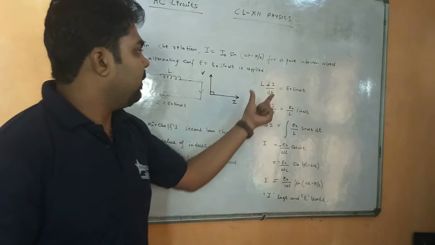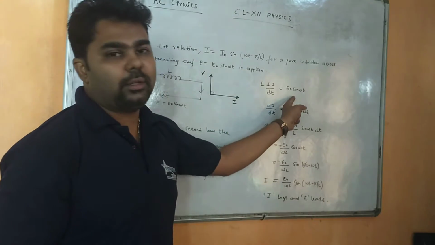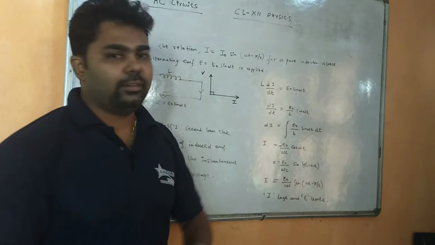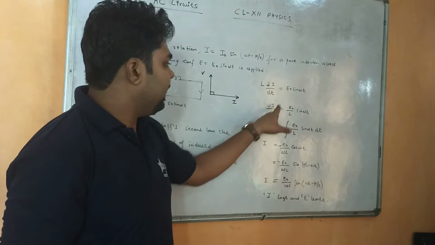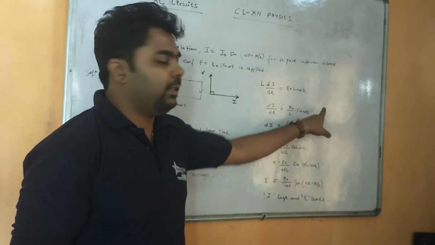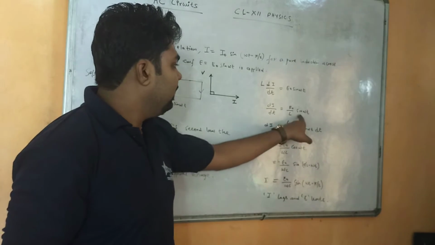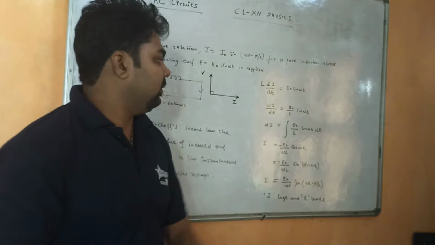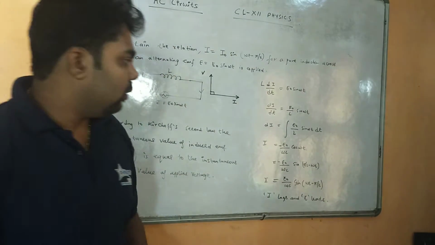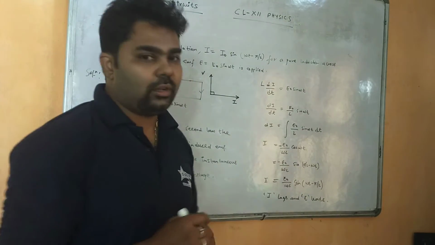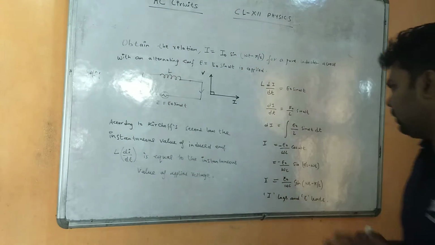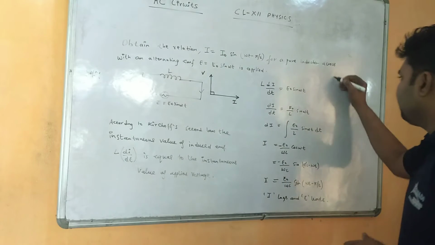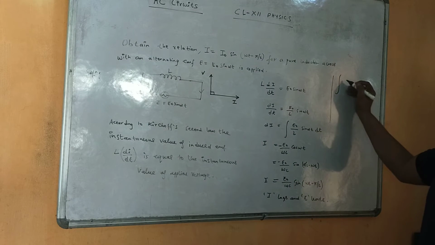Now if you cross multiply, di by dt, L will come to the other side in the denominator, and we will be getting E naught by L sine omega t. If dt gets cross multiplied, then we will be getting di equals E naught by L sine omega t, and this dt will be coming here, right? Sine omega t dt. Now you see here integration. As we have not started the integration chapter, I'll just give a basic for this question. Integration of